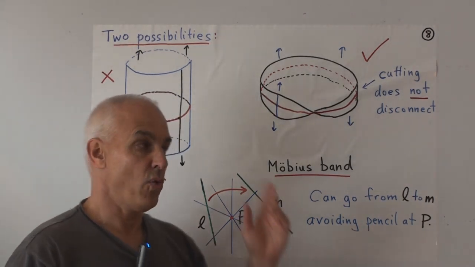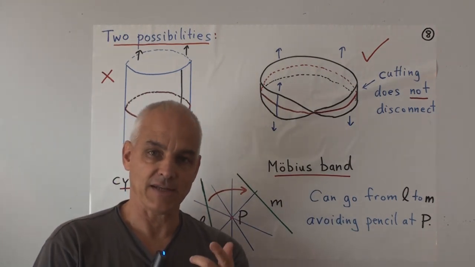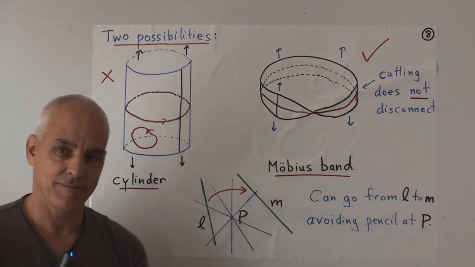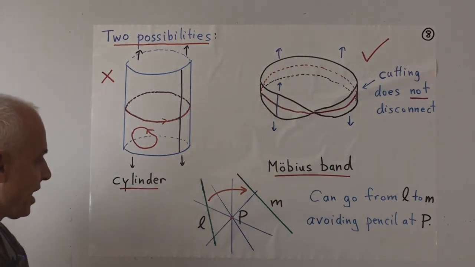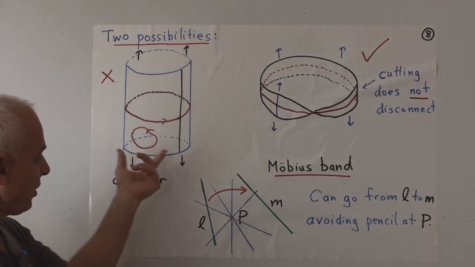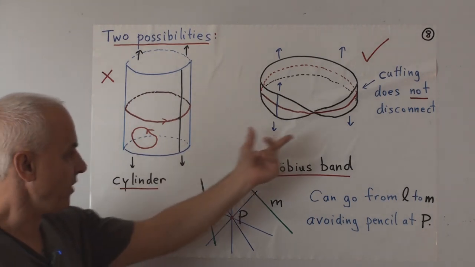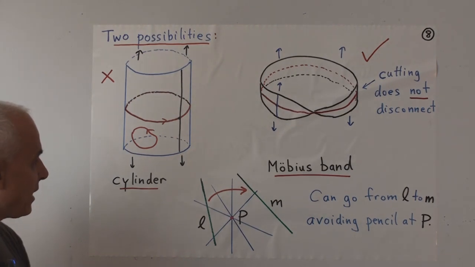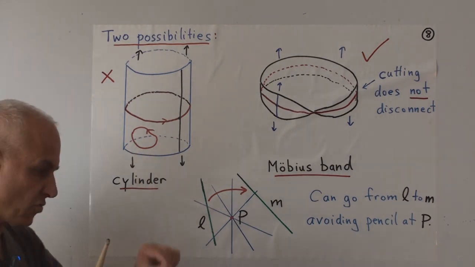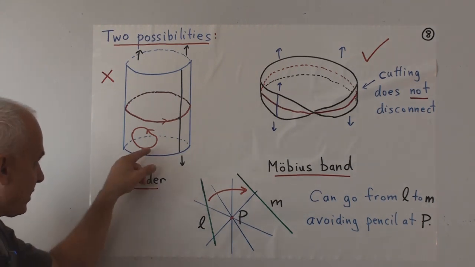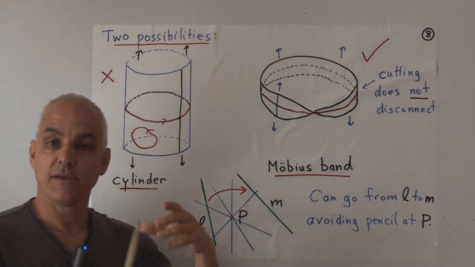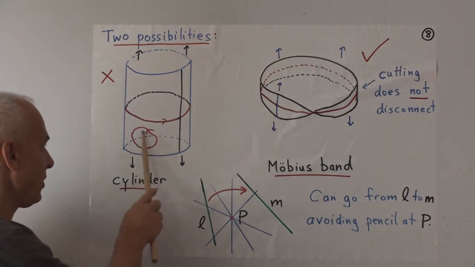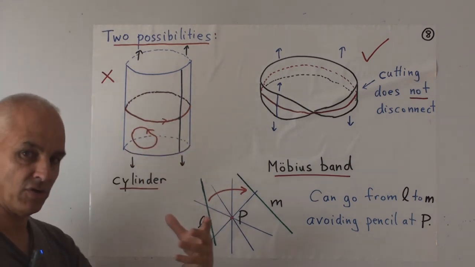So a natural question is, which of these two actually represents the lines in the plane? It turns out that it's the Mobius band that does. And to see that is a kind of cute argument. There's something topologically different about this one and this one. Well, there are several things that are different, but one way of saying what a difference is that if you take any loop on the cylinder, just draw a little closed circle, and you cut along that loop, then the cylinder breaks up into two pieces. In this case, if you cut along here, you would get the inside versus the remainder of the cylinder. You'd have two different pieces.